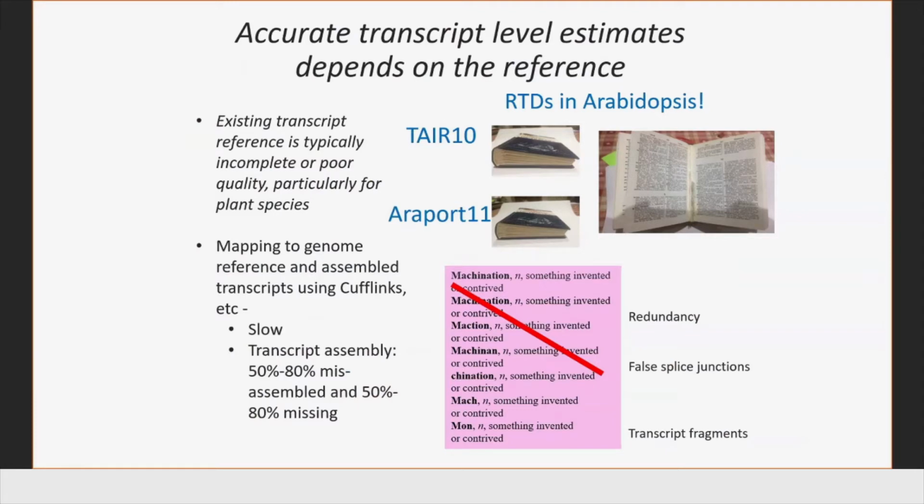So that's really a big issue. And the issues with this transcript annotation include, for example, redundancy. You have the same transcript represented multiple times, and you have transcripts with false splice junctions, or they are actually fragments of the transcript instead of complete transcript